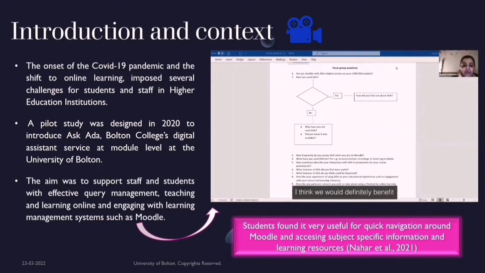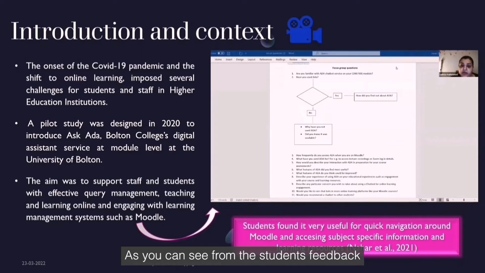I think we would definitely benefit across the whole degree, or the whole modules in the degree, if that makes sense. And even across the university website, to be honest with you, I think it'd be nice to see it on the actual university website, because there's a lot to take in when you go onto the university page. And, you know, unless you know what course you're actually looking for, it's hard to find your way navigating through it. But I think if the chatbot was there and you type in some keywords, that would be really good. I would like to see it across there as well.